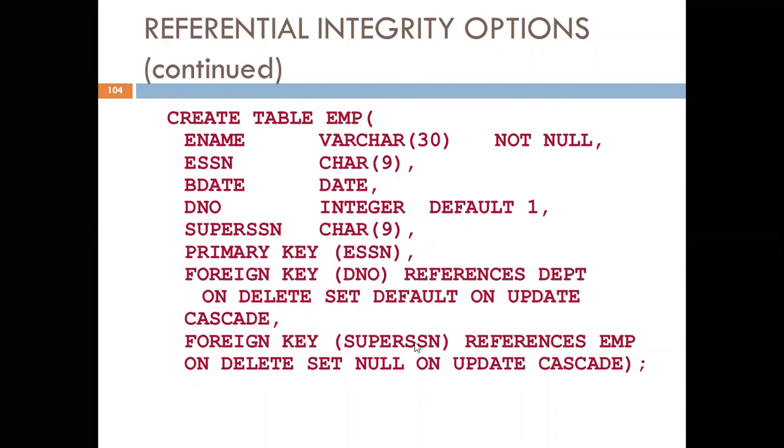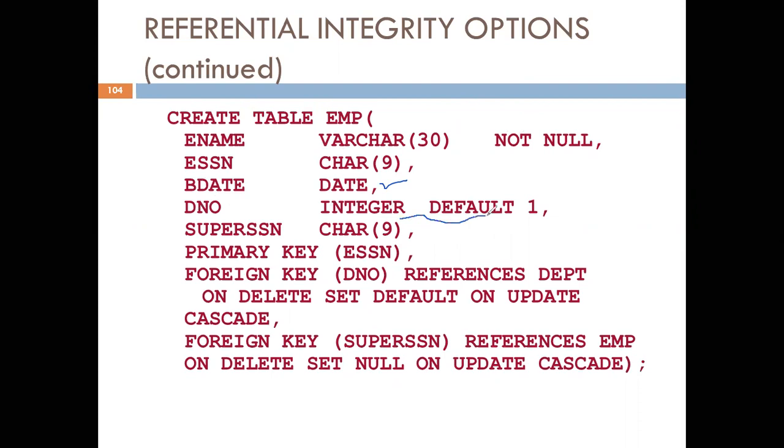In the employee table also we can specify these referential integrity options. Here you can observe a new data type, date, which we discussed yesterday. It can be declared like this: birth date, date. Department number, integer, default 1.